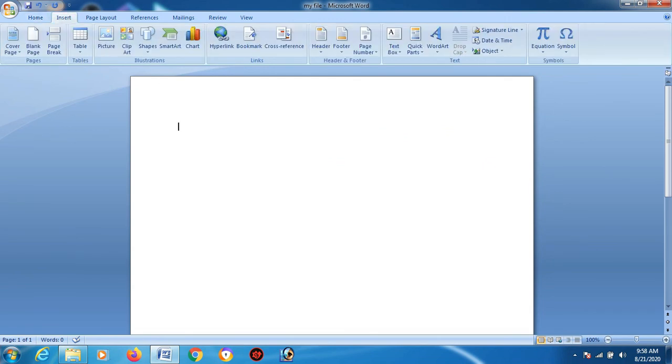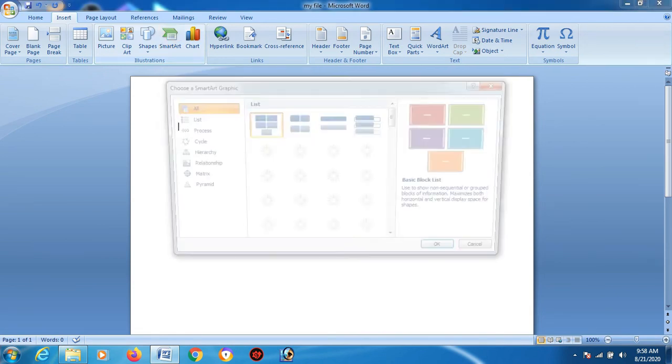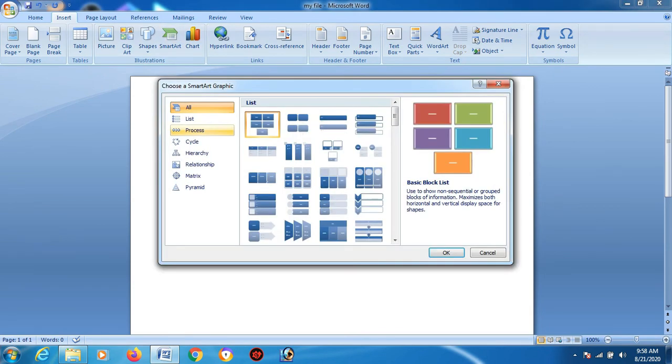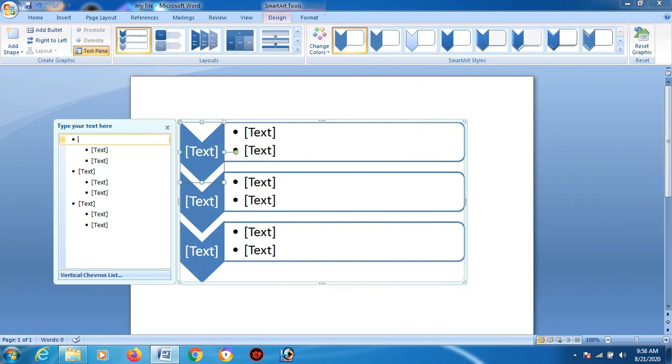Let's suppose you want to insert some of the other features. Let's suppose you want to insert some SmartArt. Just click upon it. You might have seen on different presentations that a few cool pictures are there. These are not pictures, these are known as SmartArt. Something like this. See, you might have seen like this.